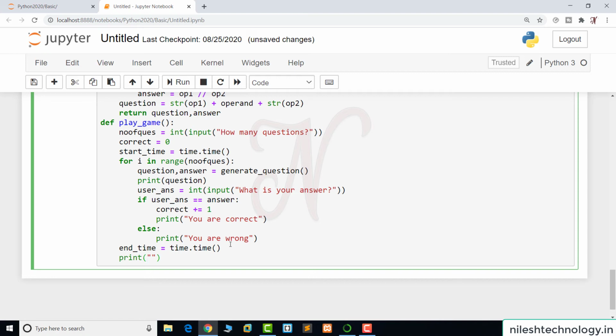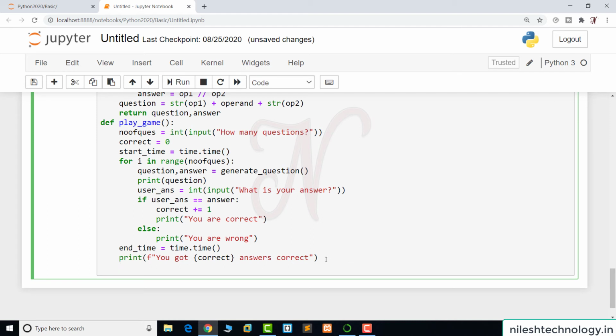By using an F string, here we print you got, correct, answers. In the correct variable there is a value, so you got 3 answers correct. This is the final result, and we print it.